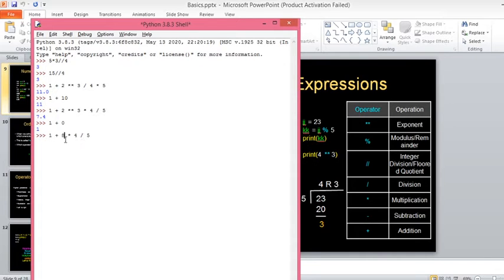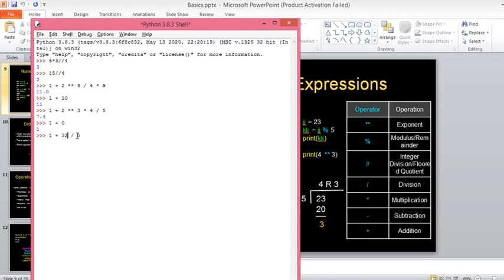So among these two, which one do we evaluate first? Here we need to apply the associativity rule, because the operators have the same precedence. When the operators have the same precedence, we apply the associativity rule, that is, left to right. So if you go from left to right, we get this 8 into 4 first. That's why we need to evaluate this one first.